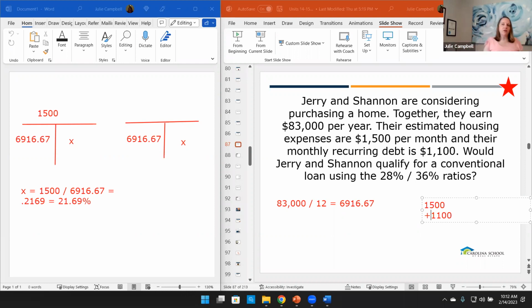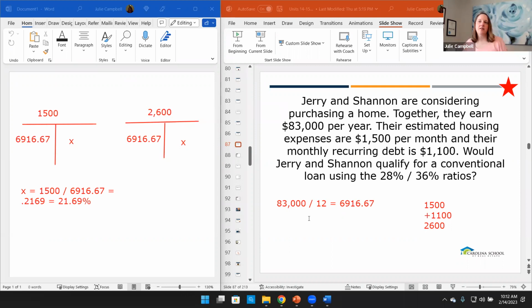So we've already determined our monthly expenses are $1,500. Jerry and Shannon come to the table with $1,100 in recurring debt. Is everybody with me on what I mean by recurring debt? They're not trying to get a new loan. They already have this debt. So the lender absolutely needs to take that into consideration. So when we add those up, I get housing expenses plus recurring debt